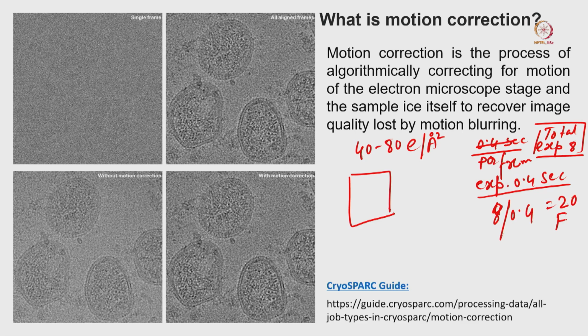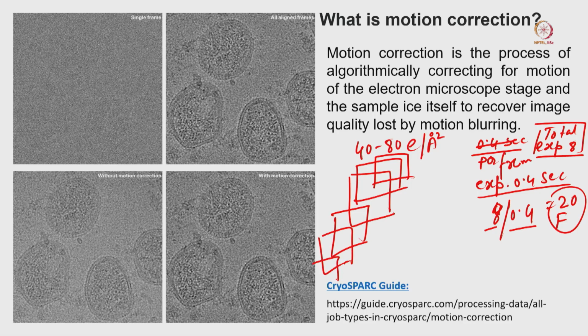So, whenever we are collecting an image, we are not collecting an integrated image, we are collecting multiple frames. Here, if you use an 8 second total exposure time, and 0.4 seconds exposure time for each individual frame, you will get a total of 20 frames. So, you have the 20 frames you are going to collect, right. Now, consider this is my frame number 1, this is my frame number 2, this is my frame number 3, this is 4, 5.